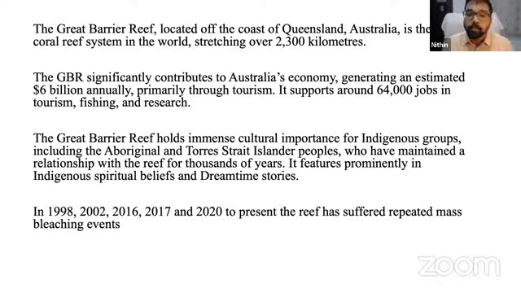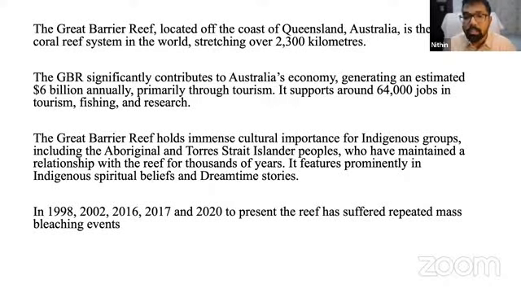coral bleaching. So this is a huge concern for the Australian government as well, because it's not just that we should conserve the beauty of the coral reefs or the life of the coral reefs. The other major important factor for the Australian government is that it is a huge tourist attraction, and it brings in a lot of money for the Australian government. So there are a lot of emissions and plans to